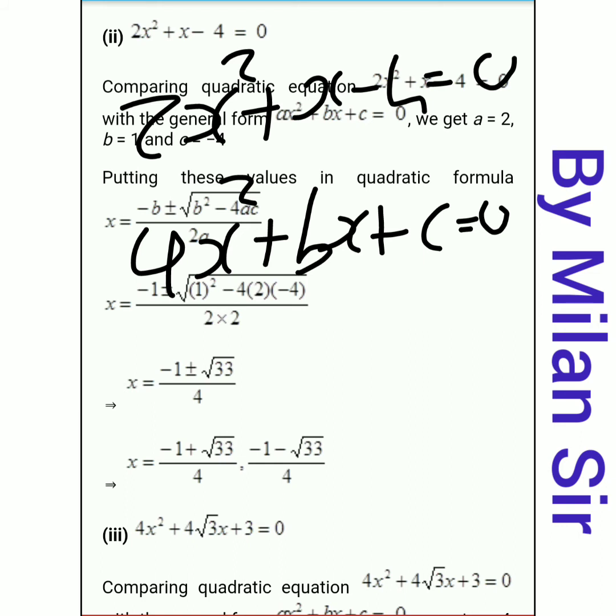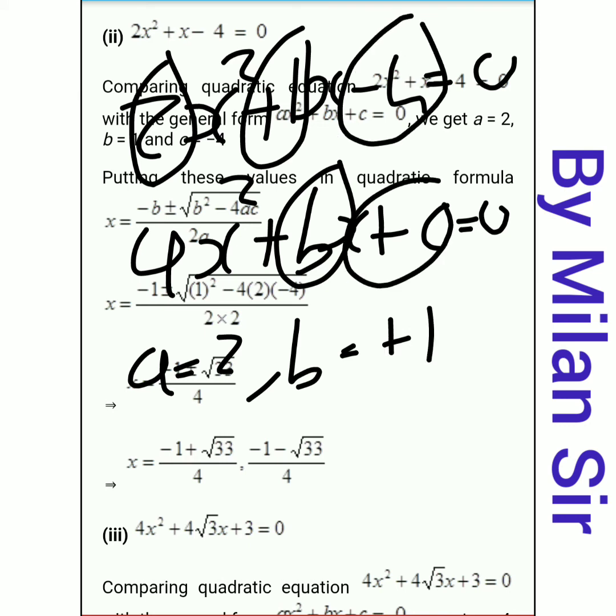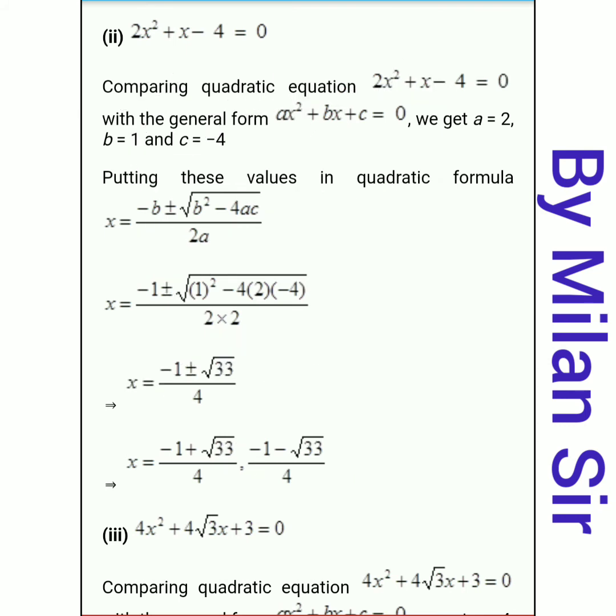Okay, so here our value of a, that means the coefficient of x square, right now it is 2, so a is equal to 2. Then b is equal to, here nothing is given, so we need to write 1, so b is equal to plus 1. Constant term c is equal to minus 4. Okay, we need to write the value of a, b and c with the sign. So here we get a is equal to 2, b is equal to 1 and c is equal to minus 4. Okay, now we need to find the discriminant d.